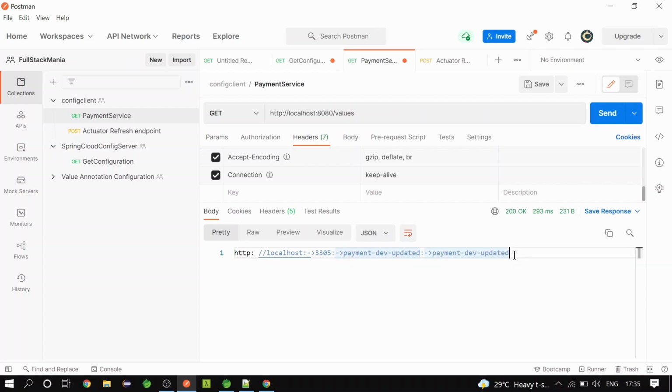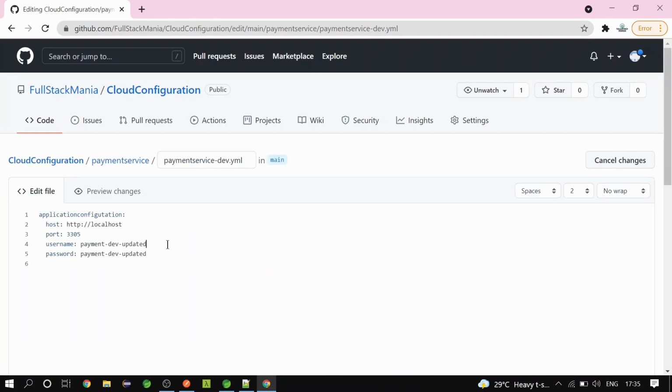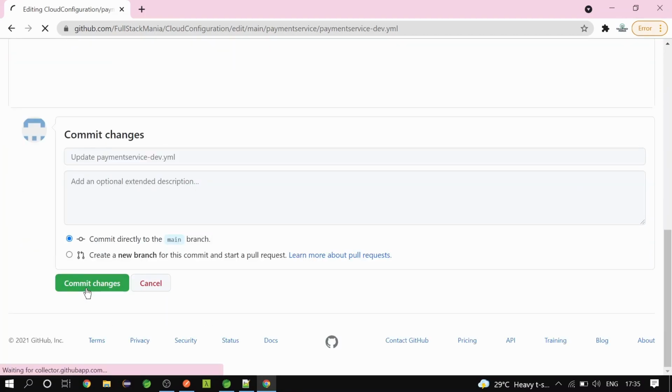So let's repeat the entire process and see whether we are able to fetch the latest configuration without restarting the payment service. Let's go to GitHub and change some property. So here let's change the username and password. I'll make it payment dev updated final and payment dev updated final, and I'll commit this.